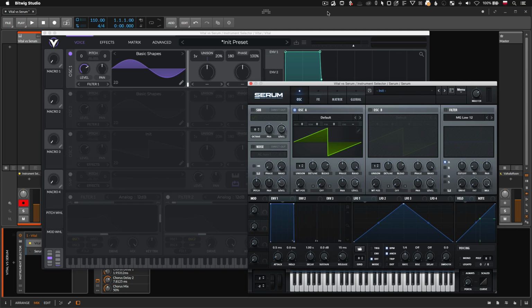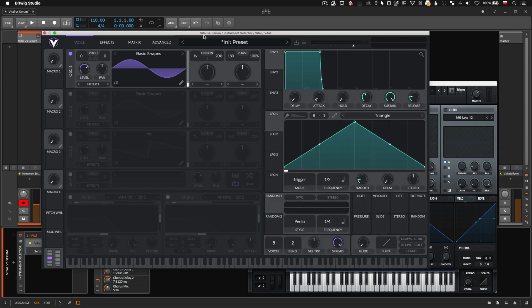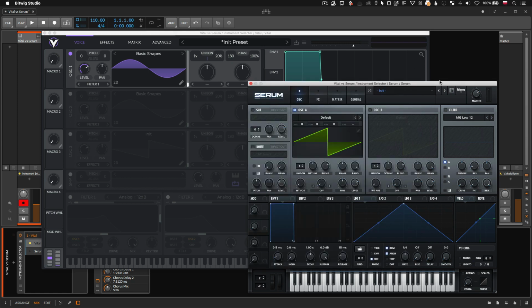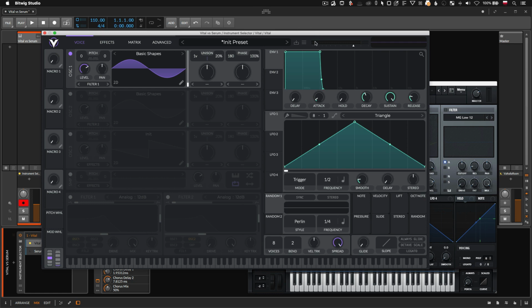Hello everyone. As you can see, I have Vital and Serum side by side. Vital, new synth, and I think it's safe to say that it's trying to be Serum 2.0. A lot of improvements over Serum. So in this video, I'm going to highlight those differences and